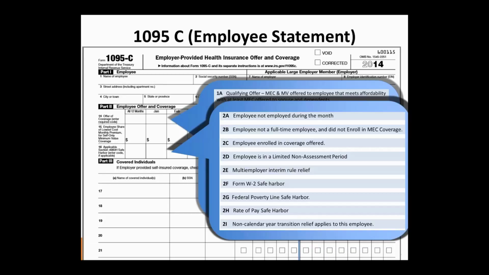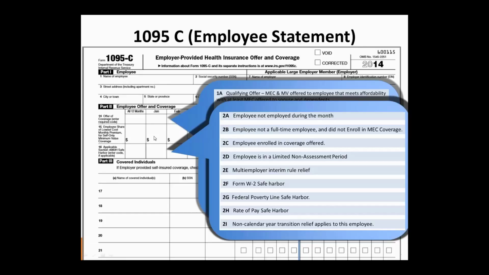For those of you that have done all the hard work on the measurement periods, it all comes down to that simple code right there. So if you have an employee that's in a measurement period or in a waiting period, you're going to use the 2D for them. Now I want to point out something, though, because remember at the beginning when I said you're supposed to do a 1095-C for any employee that's full-time 1 month out of the calendar year? So really the only time you're going to use that code, let's say an employee's in a measurement period, you